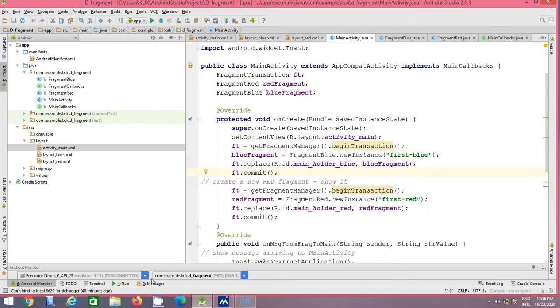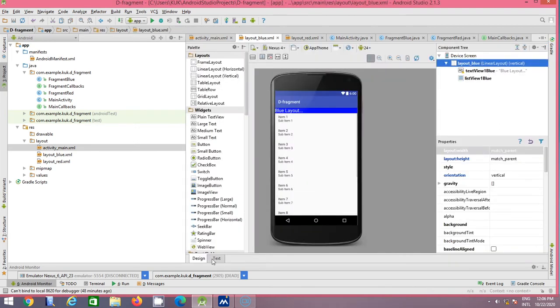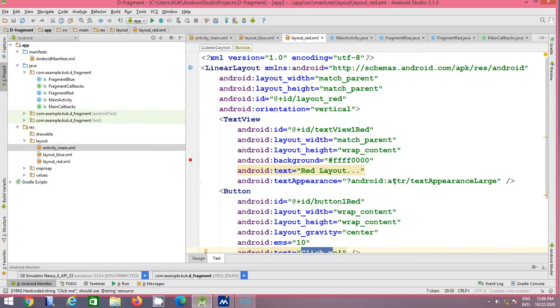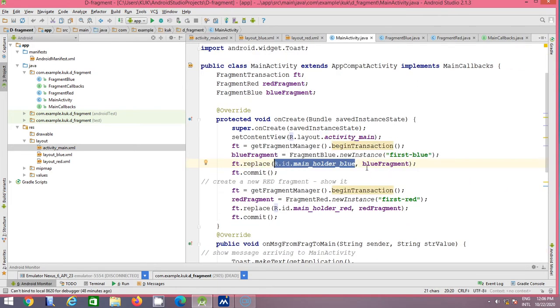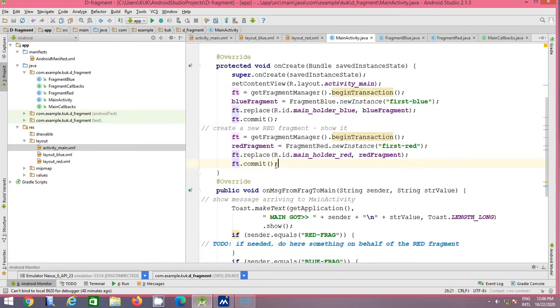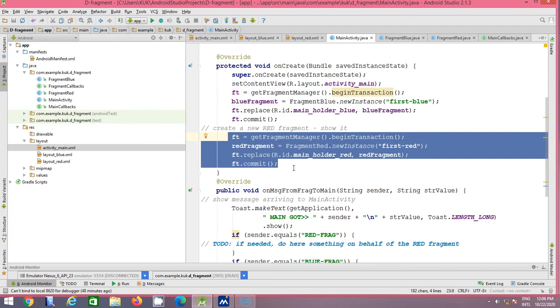For adding the blue fragment, we use the id, and then we use the blue fragment, that is the variable name. After that we use the statement commit. So these 4 statements are used for the blue fragment, and the same statements are repeated for the red fragment.